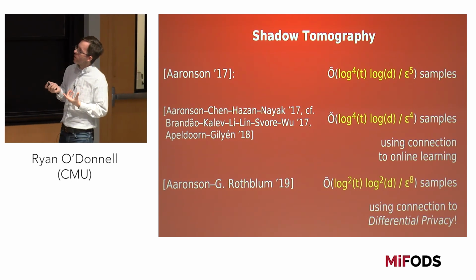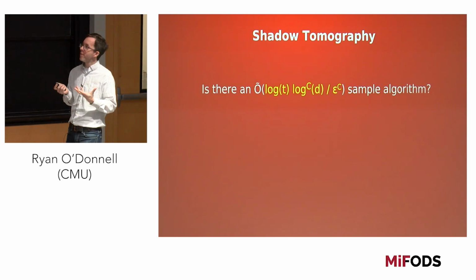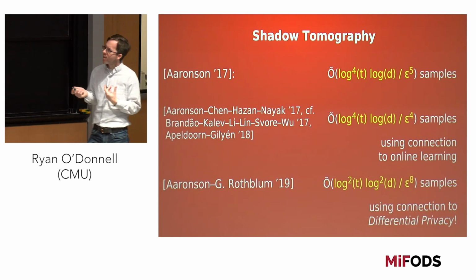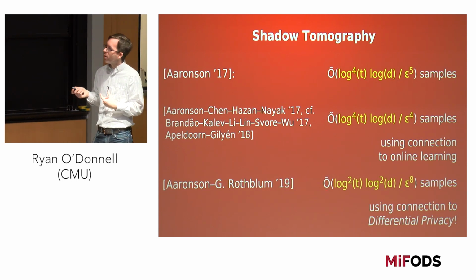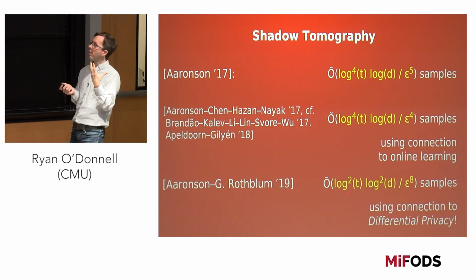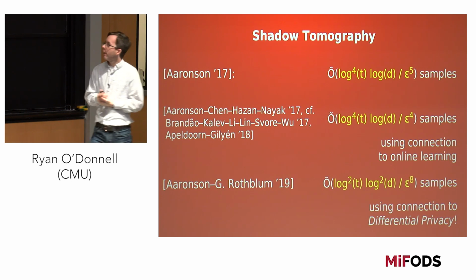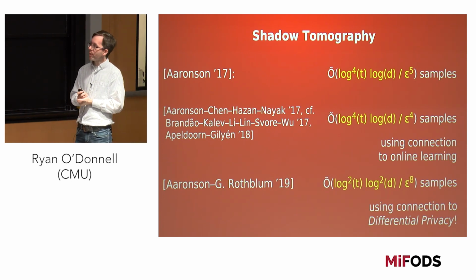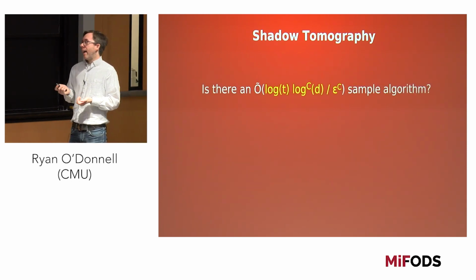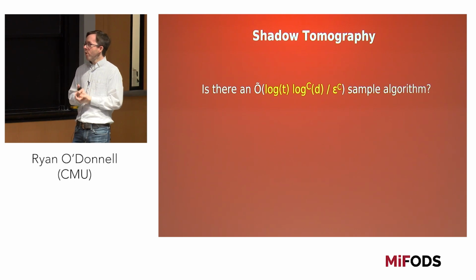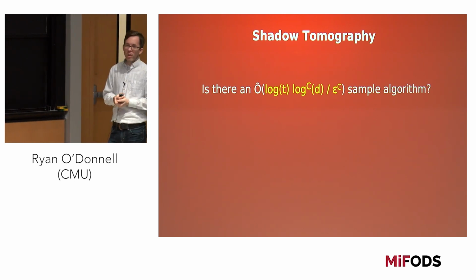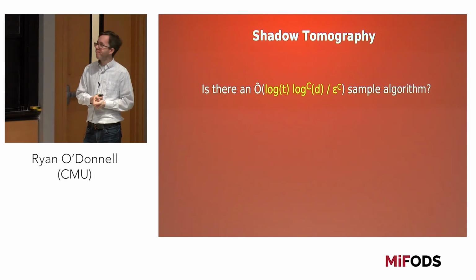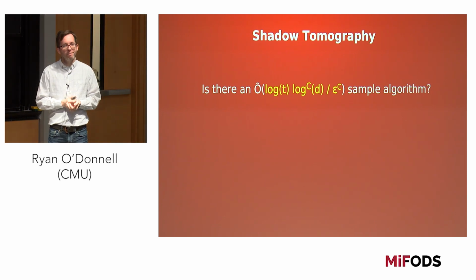Scott Aaronson's favorite version of this question is asking whether you need a dependence on d at all, which we didn't in the classical case. Well, you don't if you just do this serial thing that uses t over epsilon squared samples. But the question is, can you get polylog t over poly epsilon many samples, an algorithm using this many samples? And in fact, as far as I know, there's no reason that you couldn't just have a log t over epsilon squared sample algorithm like in the classical case. OK, I'll end there. Thanks.